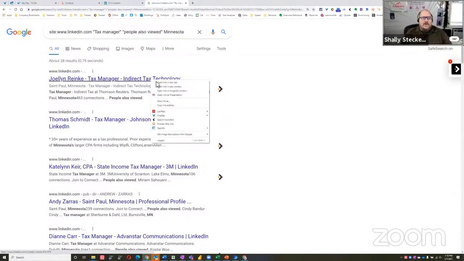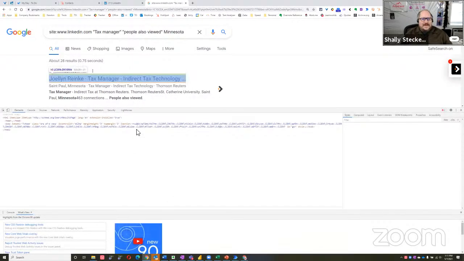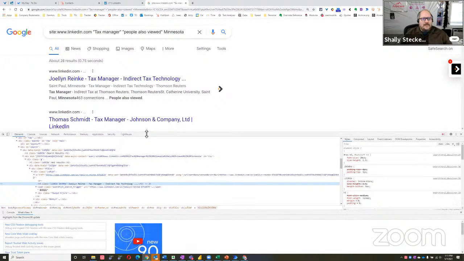To do that, what we did is in Chrome, you can right click on the part of the page and click Inspect. You can also do Control-Shift-I if you're into shortcuts. Control-Shift-I will bring the inspector window up, which gives you a sneak peek behind the scenes. Wherever you hover your mouse is highlighted down here in the inspector. So here's that first one, and if we go to the next one,